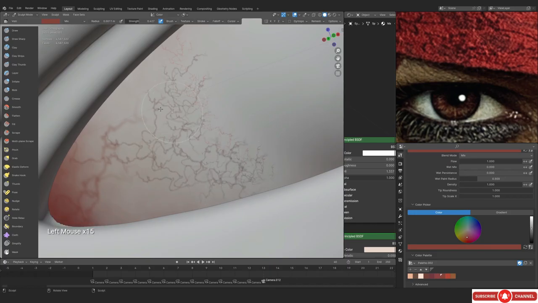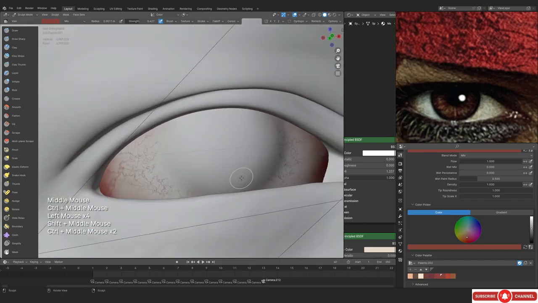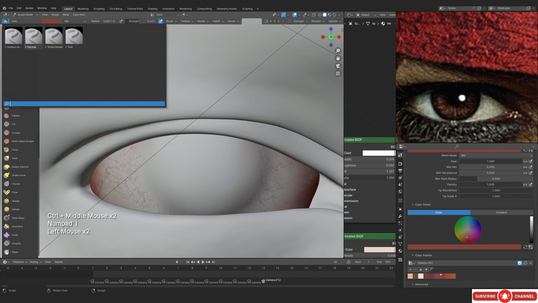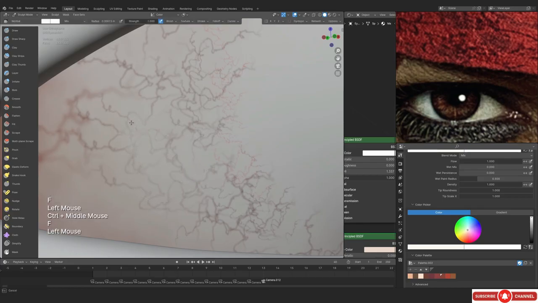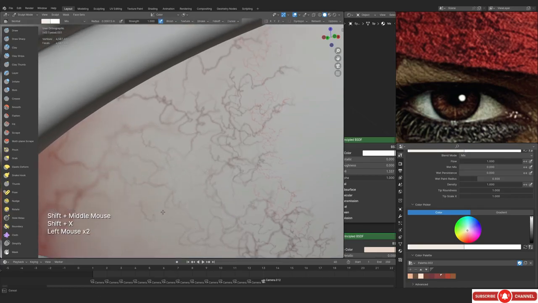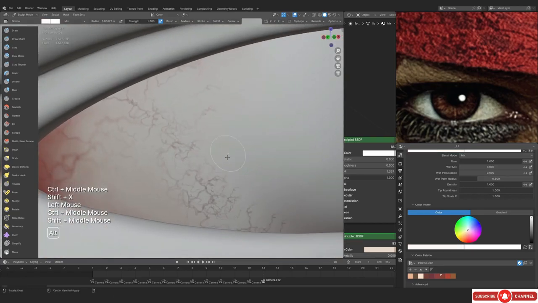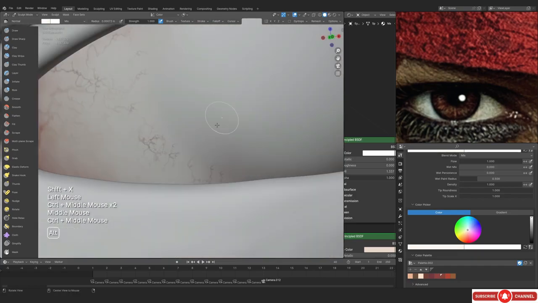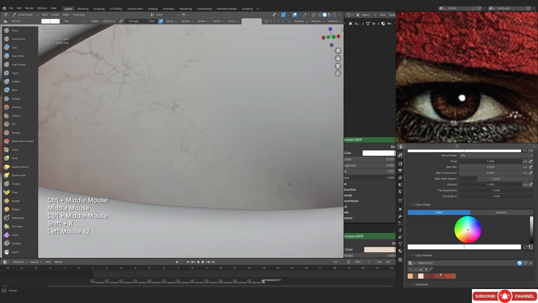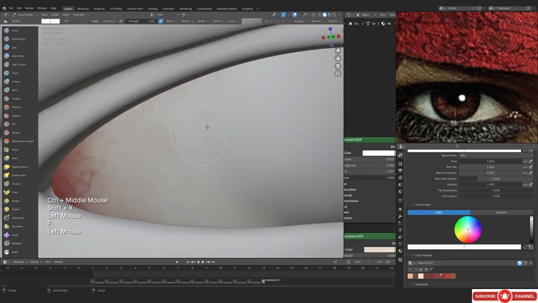The idea was that if we were to remove these veins and just have a little bit of them stay, then we can get some really nice details, but that didn't really work. And you're gonna see that if I were to start painting them out, it's gonna look like they're underneath the skin of the eyeball. That was the plan actually, but it didn't really work that nicely, and you're gonna see that. So I'm literally just removing them, basically not removing them entirely, but trying to make their intensity a little bit low. So that's what I'm doing.